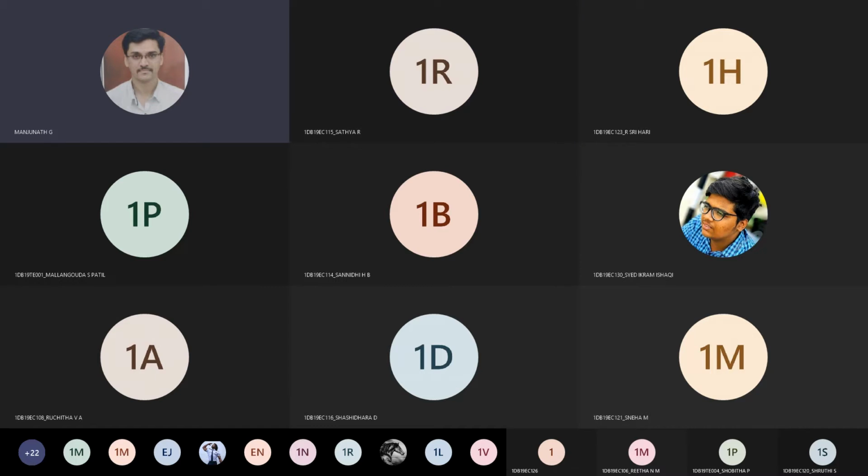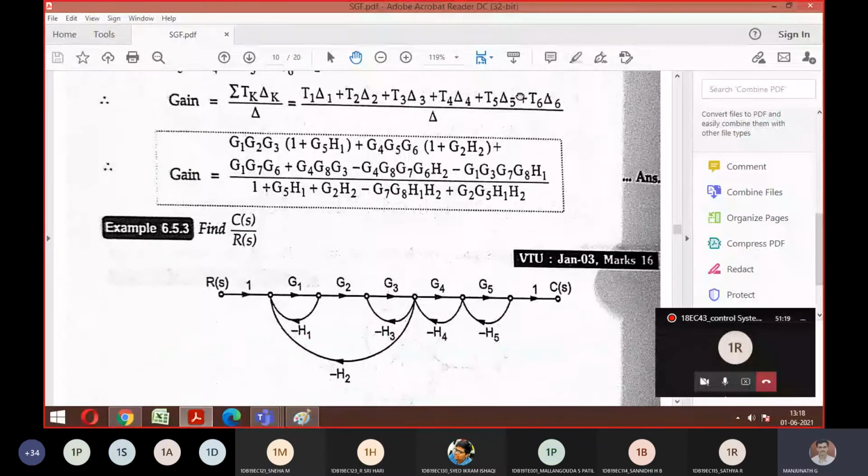I'm not going to explain this problem. I want you to explain. You just follow the procedure that we did. Okay, make a note of the question, guys. So this is the question: find C of S by R of S. See, look at the marks on the screen. You can look here, 16 marks. That's why I told you signal flow graph is like one full question. If you attend it, you'll get full 16 marks, unless you don't write all the steps properly. Otherwise, the marks will be reduced. So don't be in a hurry to tell me the final answer. Just stick with the procedure, follow the steps, get me the answer. So this problem you should explain for me.